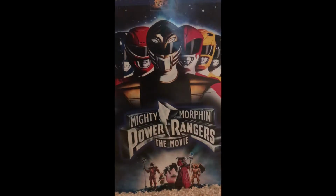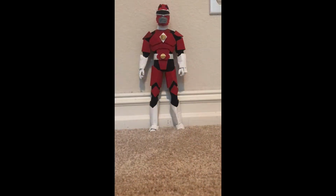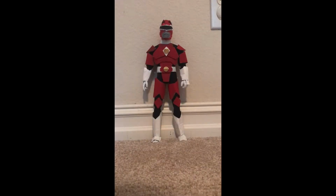One of my favorite movies during my childhood was Mighty Morphin Power Rangers, the movie. I loved this so much that today I've decided to work on this. What you're seeing is a custom 1/6 scale action figure of the Red Ranger from the Mighty Morphin Power Rangers movie. As you can see, the entire armor that the Red Ranger is wearing is completely made out of cardboard. This took me 3 hours to work on, and it took me